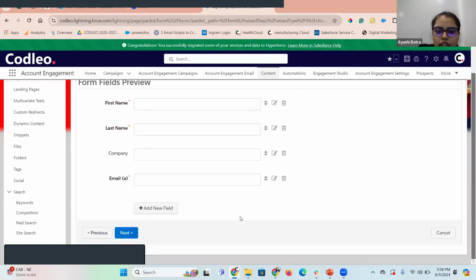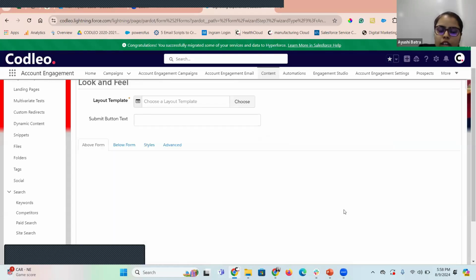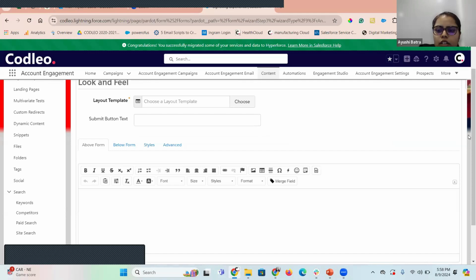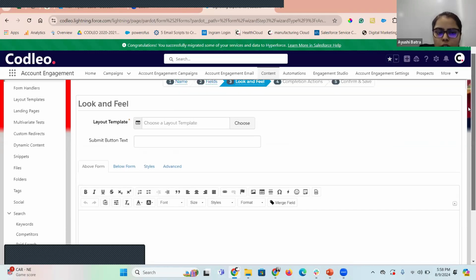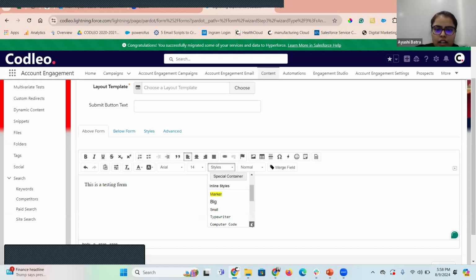Once you have created the fields, now you want to define the look and feel of your form. Like, a logo should be visible, a text should be, so to define that look and feel, there are certain options. You can also simply add the text. You can also edit the text part, make it font size 14, and just change the style.